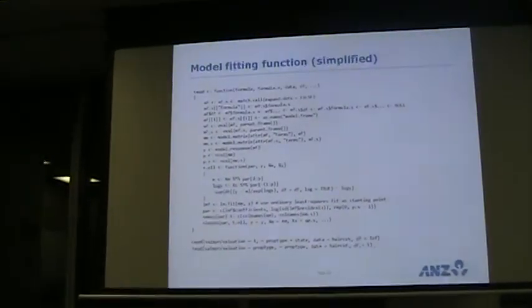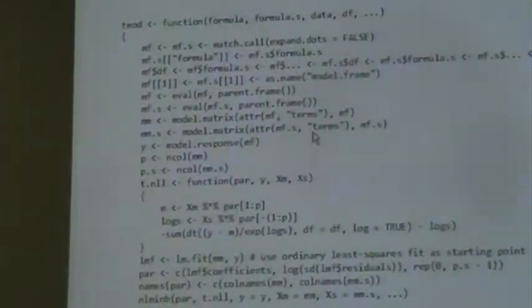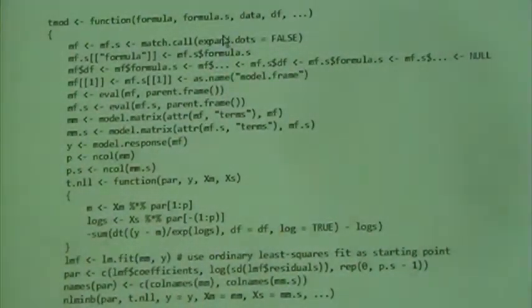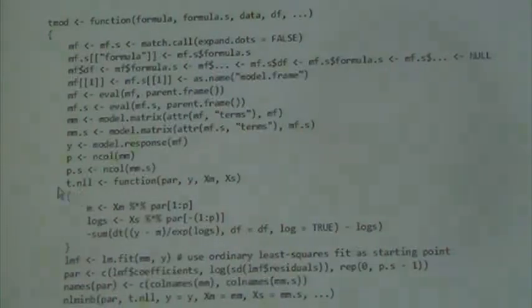R code for an R talk. So this is the actual model fitting function that I've used, simplified out a bit. I don't know if it's a feature or a bug of R that half the code is basically just bookkeeping. Everything from here down to here is just getting it into a form, going from my formula and data inputs into a matrix suitable for manipulation. But essentially, I have my response, which is my haircut. This is my T